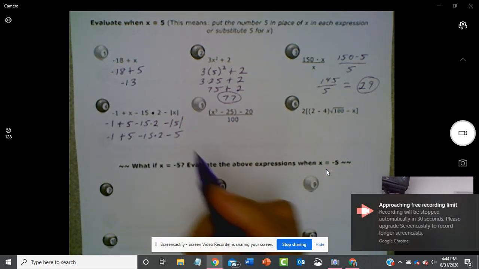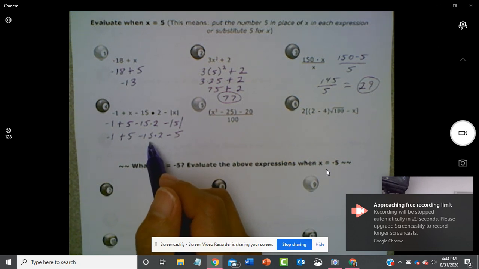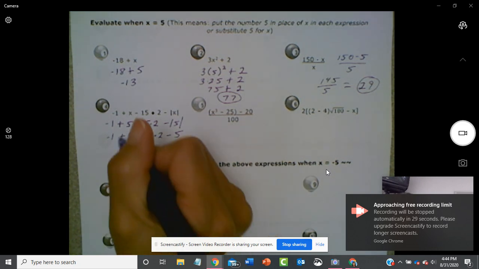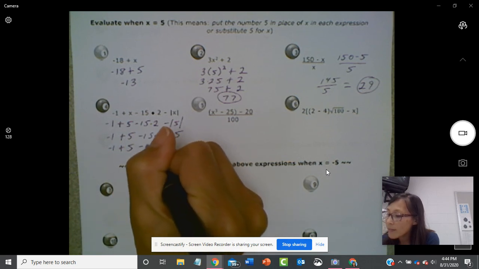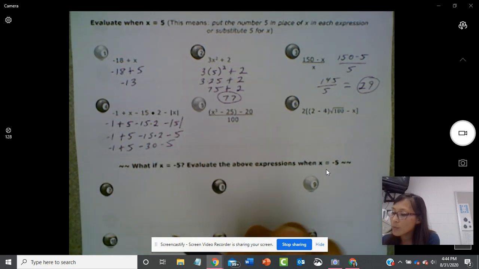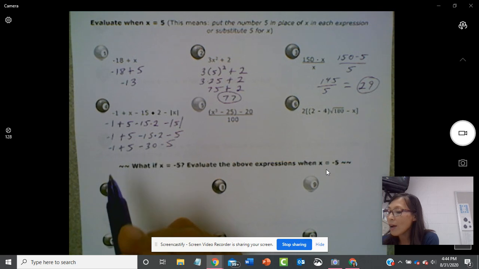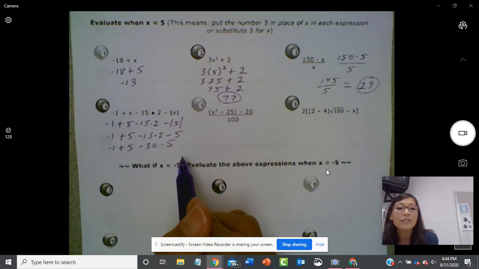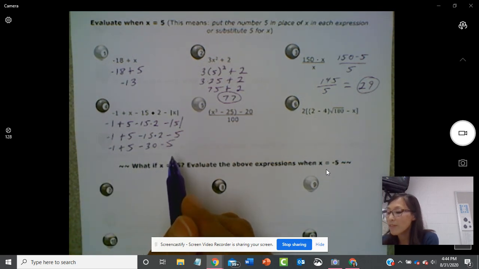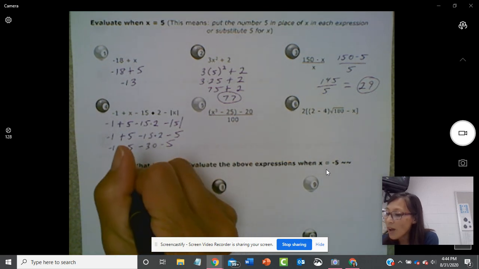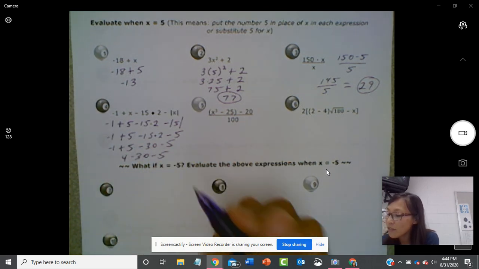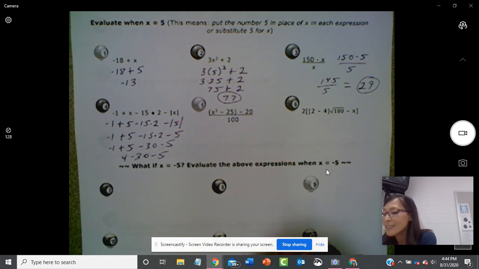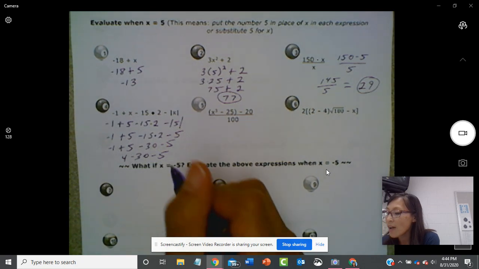5. Now I have to multiply 15 times 2 because I'm going to do multiplication, which is 30. And now, because it's all adding and subtracting, I'm going to go from left to right. Negative 1 plus 5 is 4 minus 30 minus 5. 4 minus 30 is negative 26, and negative 26 minus 5 is